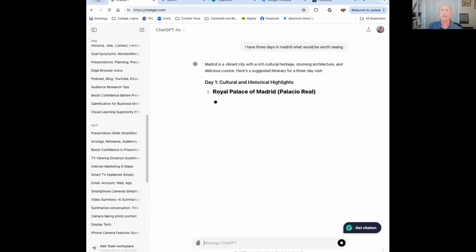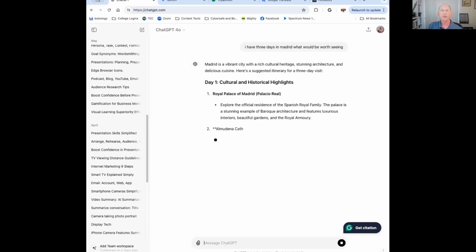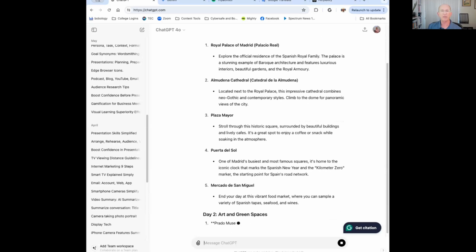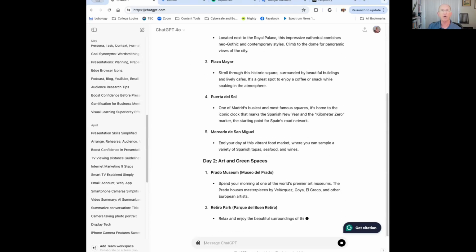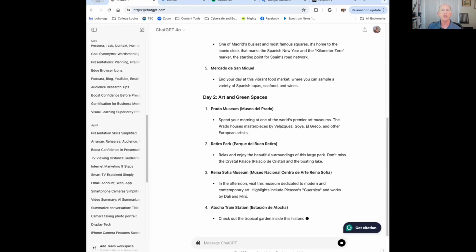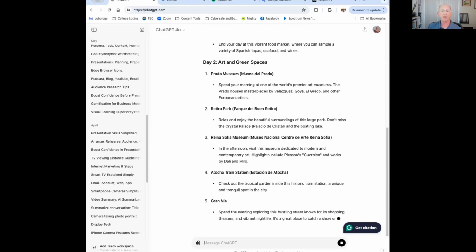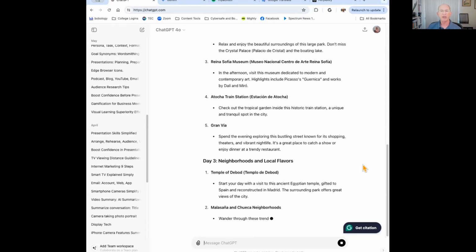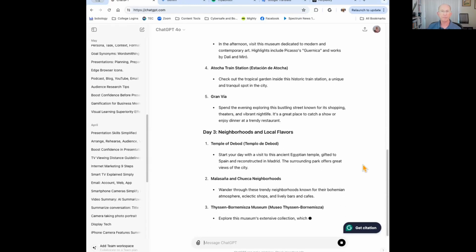And so here's a suggested itinerary for a 3-day visit. The Royal Palace of Madrid, the Almudena Cathedral, Plaza Mayor, Puerta del Sol, Mercado de Santiago. Day 2, a little variety. Day 3 plans a few things out for you as well.